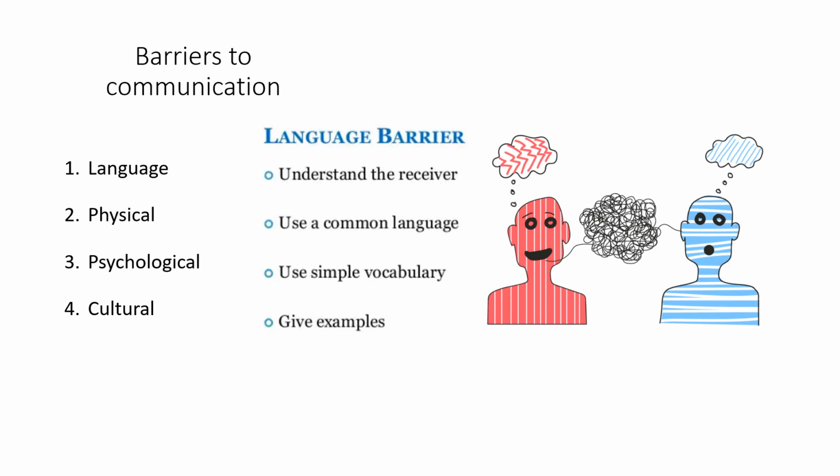So basically there are 4 types of barriers of communication. First is the language barrier, then is the physical barrier, psychological barrier and the cultural barriers. What is a language barrier? The receiver should understand what you're telling. That means if the receiver does not speak English and you babble 100 words in English, the receiver is not going to understand. You should use the proper language that the receiver understands. You should use a common language. You should use the glossary or the comprehension which is perceptible by the receiver.